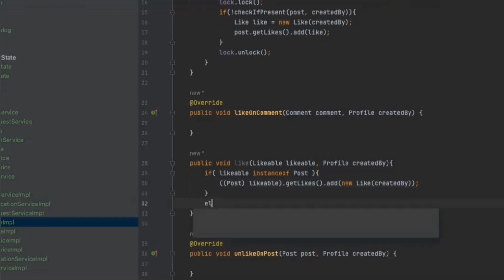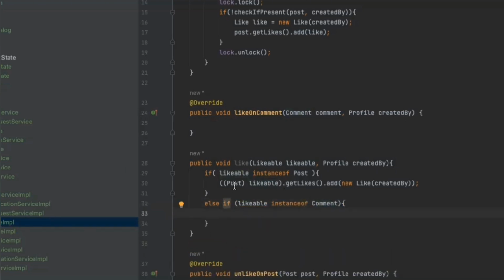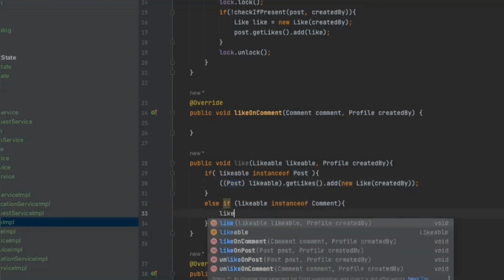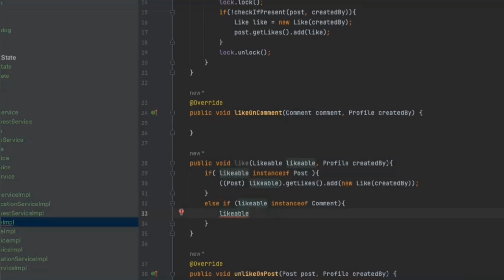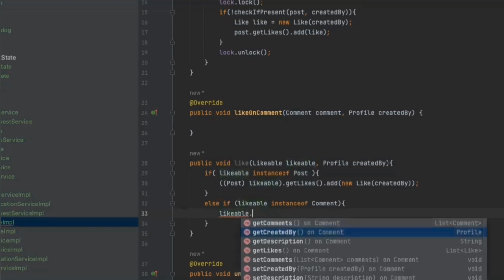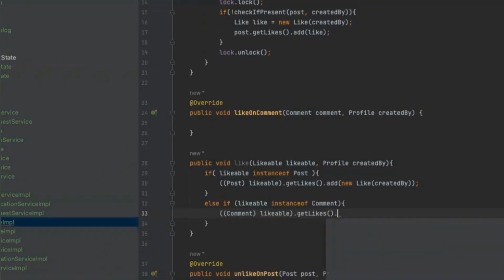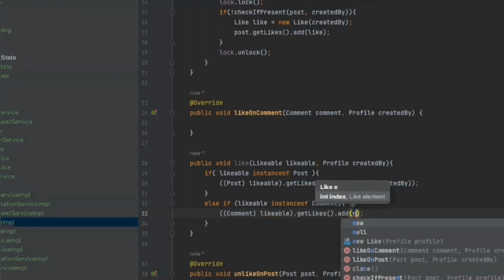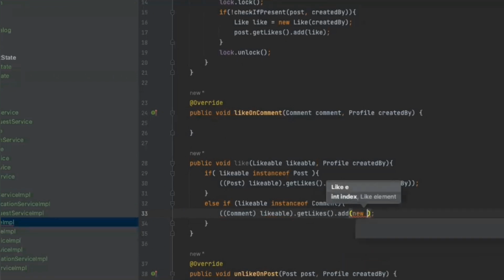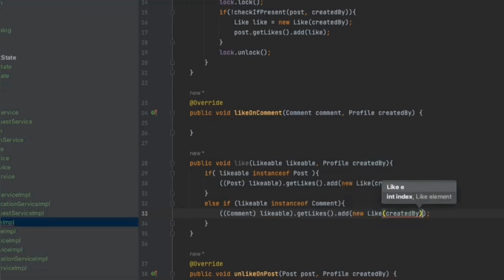Next thing is else if likable is an instance of comment, just typecast it into a comment now, and then you'll be able to add it. Likable dot get likes dot add new like. Here we have to send created by.